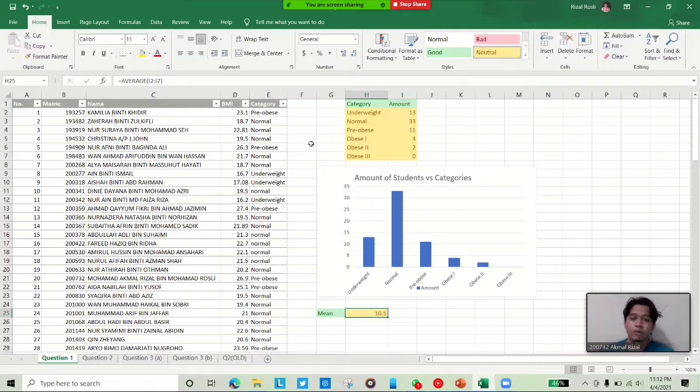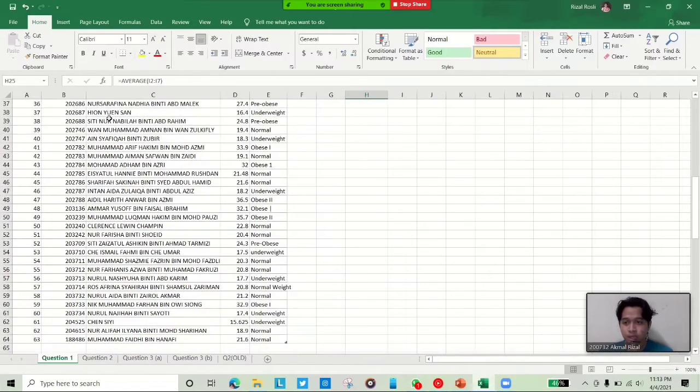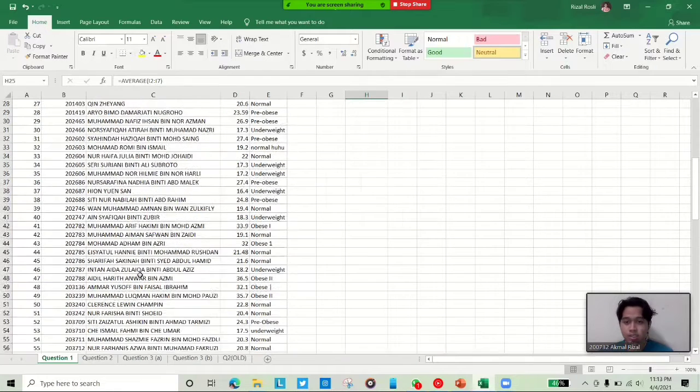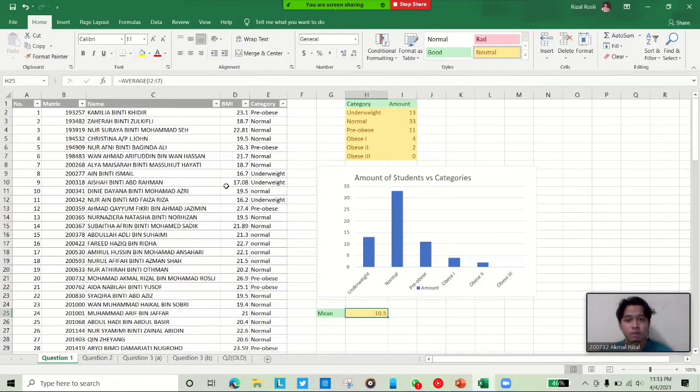So right now I'm going to present about my work for the assignment. Okay, so as we can see here, this is the data of all the 63 students in our class. So for the first question, it asks for a graph to represent the category of the